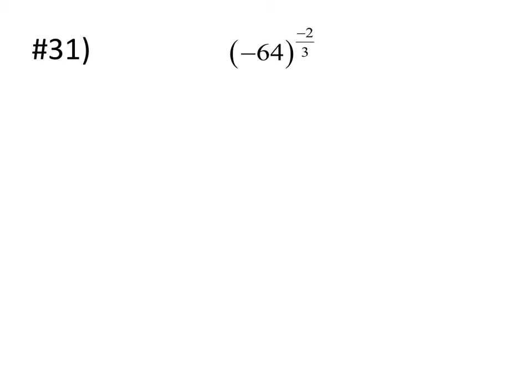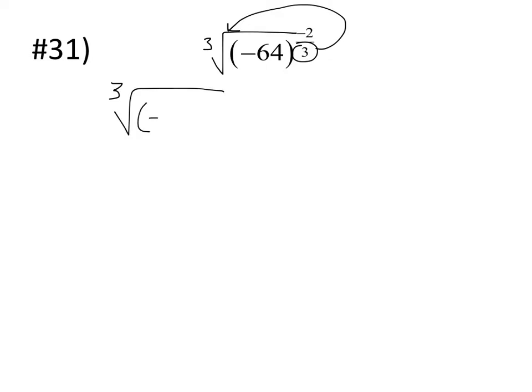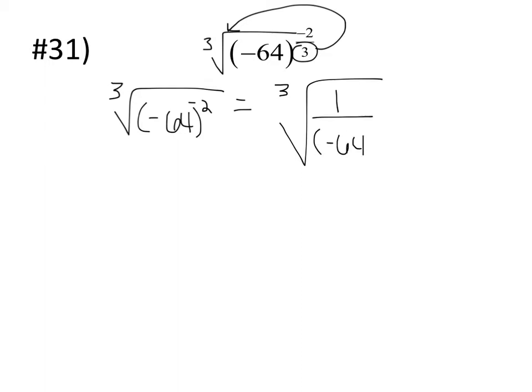Alright. All of this is being raised to the 2/3 power. So make your exponent become your denominator become your index. So it's the cube root of negative 64 to the negative 2 power. So because it's a negative exponent, you're going to drop it like it's hot. So it's the cube root of 1 over negative 64 squared. So then it's the cube root of 1 over